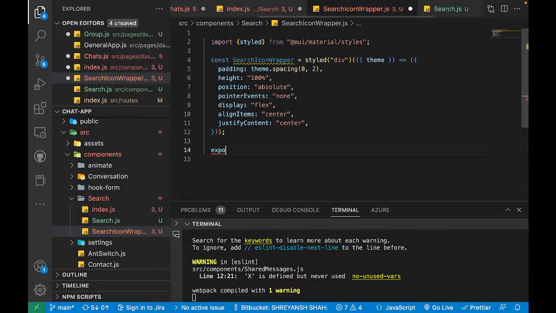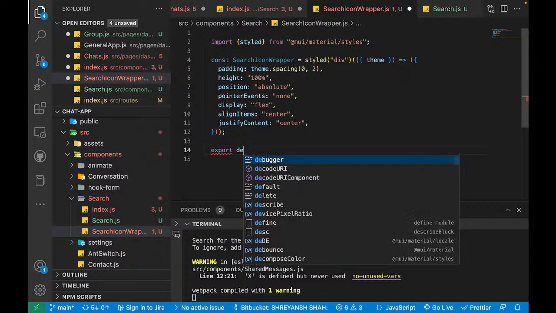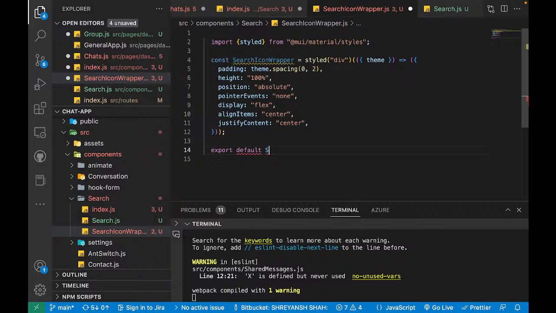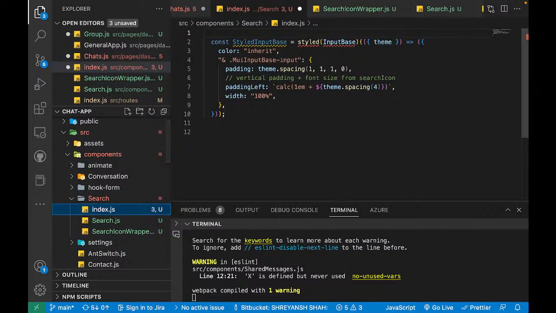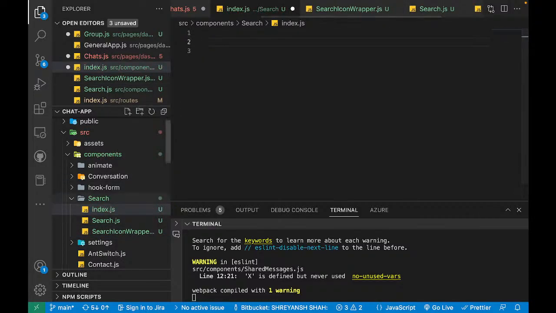Now similarly we can also export this: export default, and the file name, or the component name actually, search icon wrapper. Okay, and similarly for this style based input,